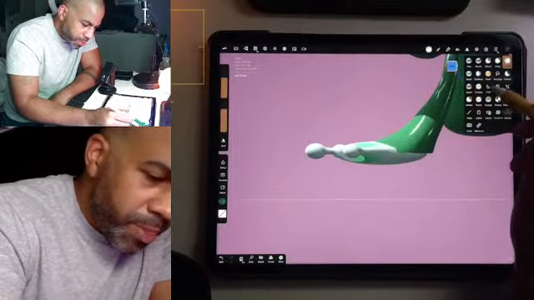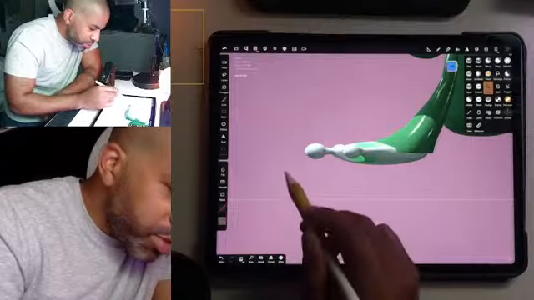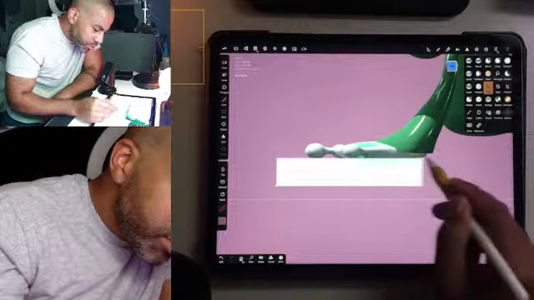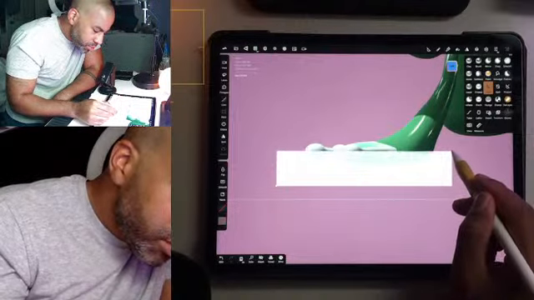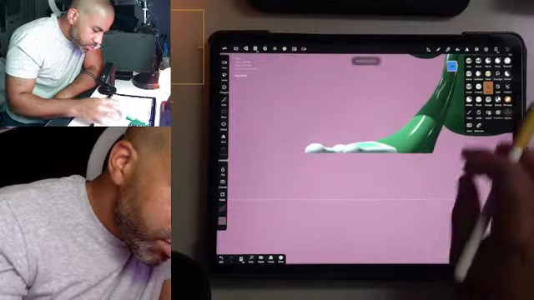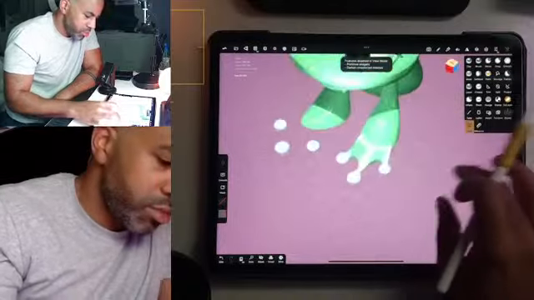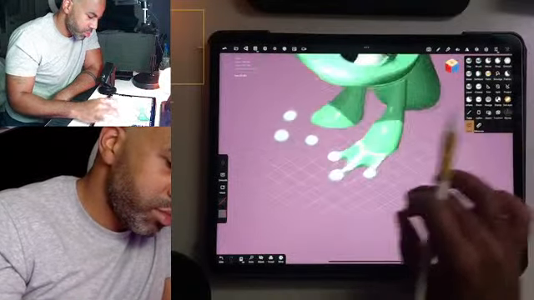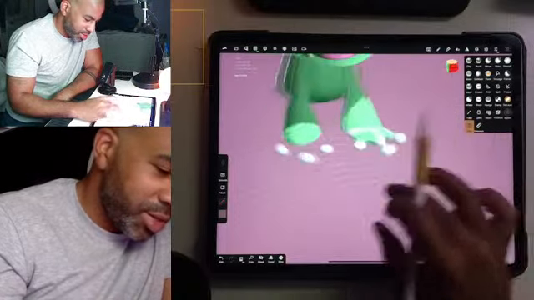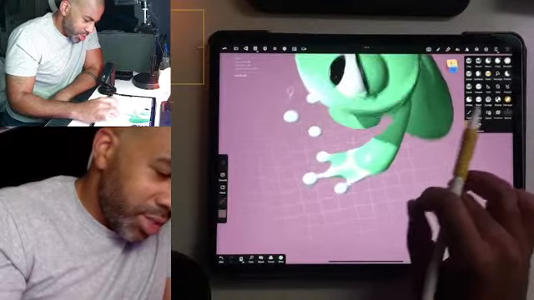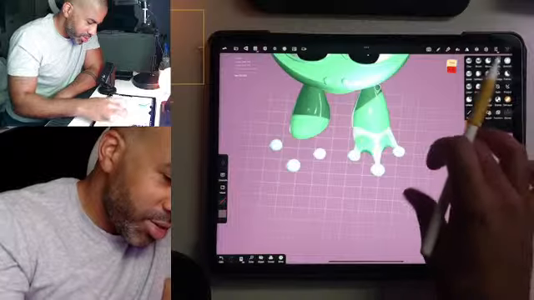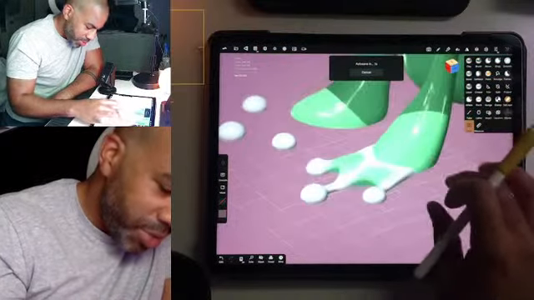Now let me trim with the square. So excited. I mean, it's not perfect, but I mean, it is what I was going for. It's not perfect by any means, but